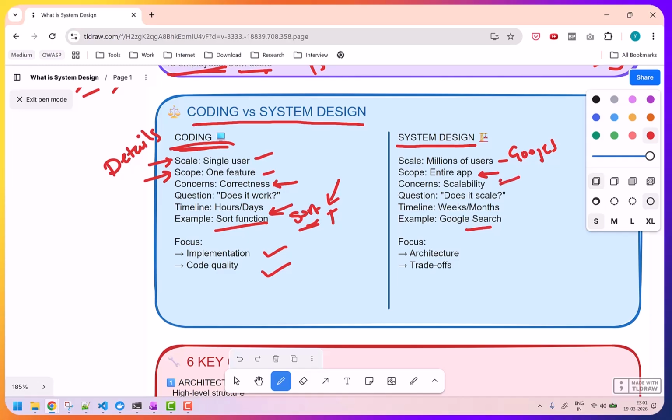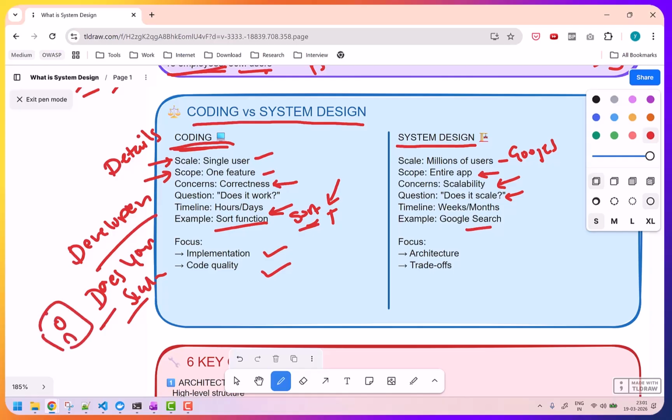Then the concern is scalability. It should be able to scale and handle that many users. You need to answer the question, does it scale? How many developers, just consider yourself. Whatever you develop, have you asked, does it scale? Does your solution scale? Very rare. And for those who ask, it is easy to develop system design thinking. So if you want to build system design thinking, if you are a developer, then start asking, whatever you write, can it scale? That is the question you should ask.